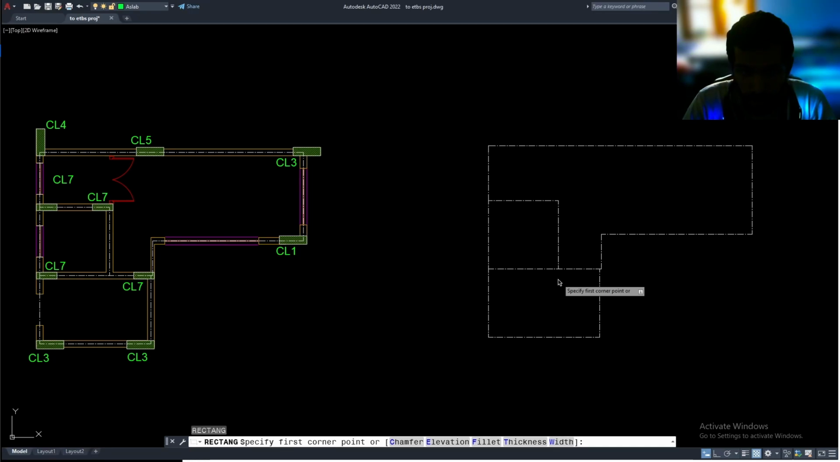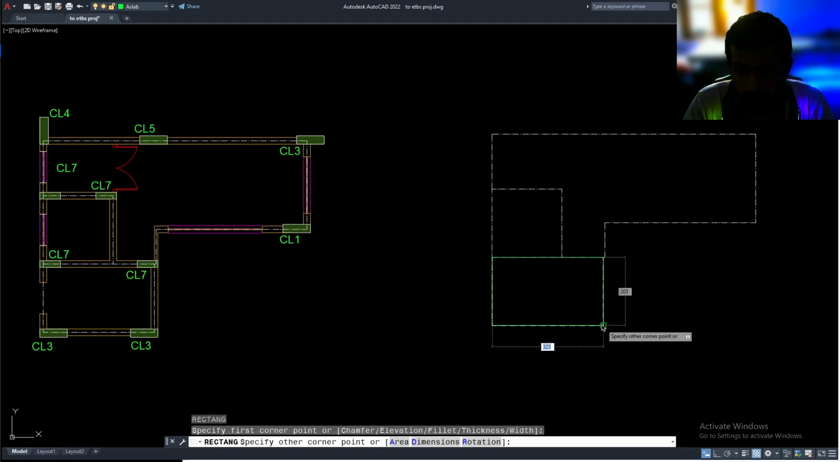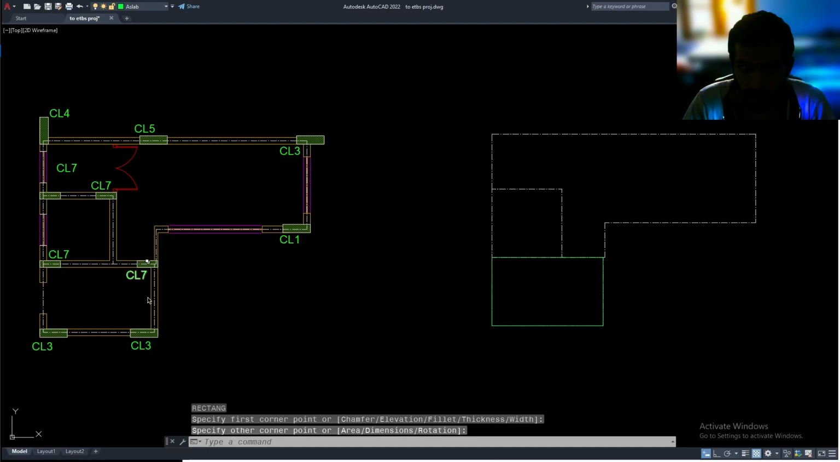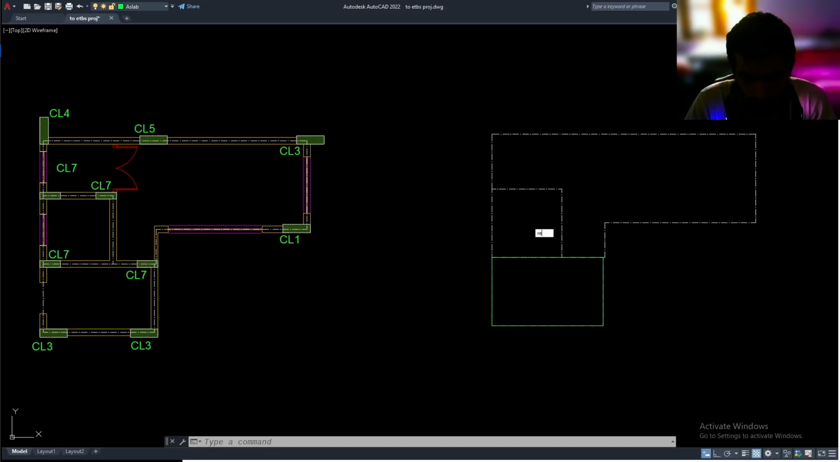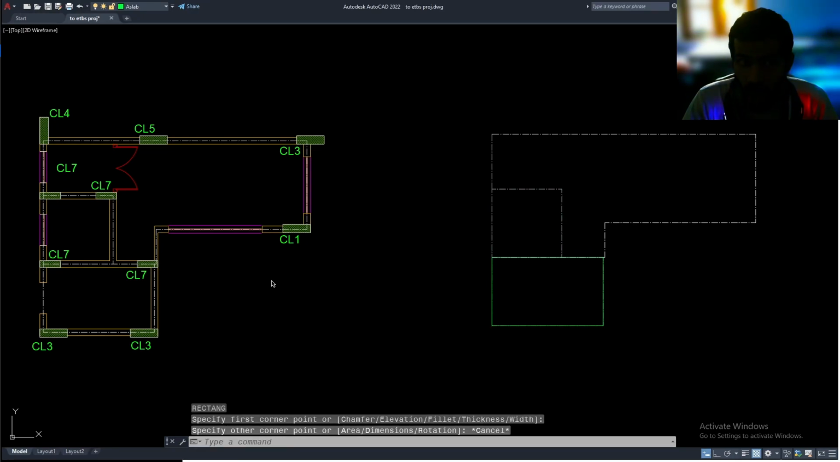I like to draw this by making use of a rectangle, and the point should be right there at the intersection of column. Okay, the first point is right here, and the second point is right here. So there is a first slab, and here's the second slab. But if I try to draw a rectangle right from the first point here and second point here, there is no